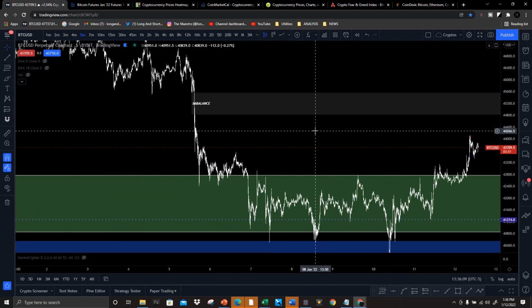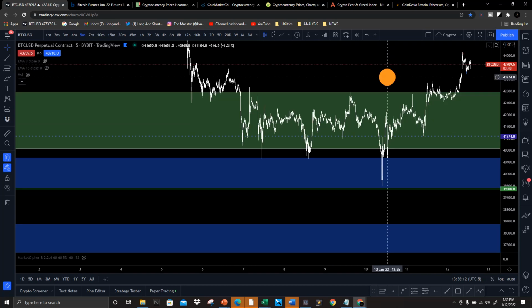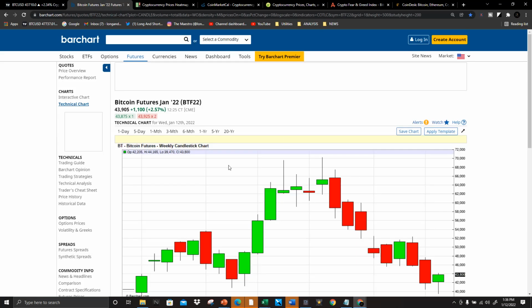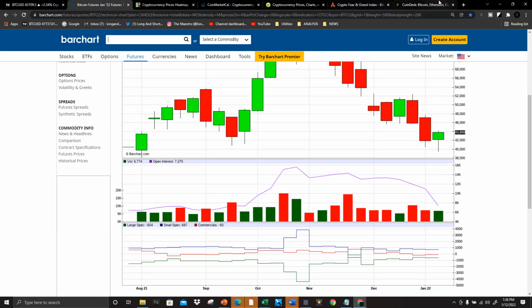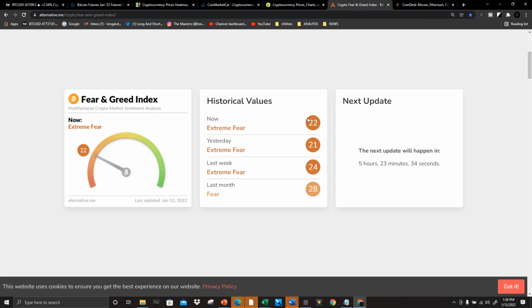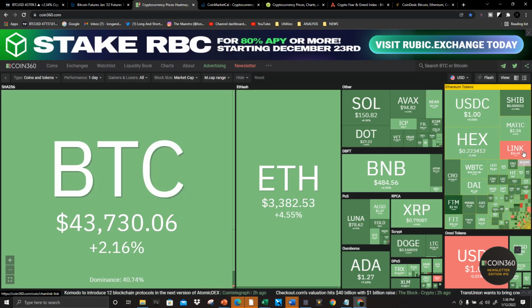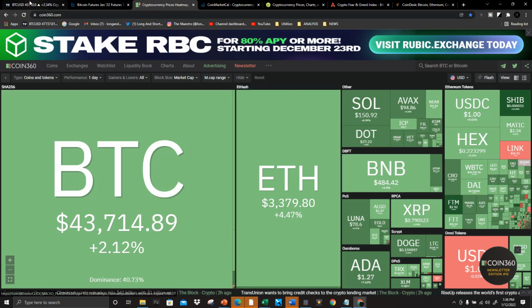I think that's going to cover it for today. Once again, we did see our methods prove true. The liquidity is grabbed from the lower side here. Boom. Once that happens, price has the right to reverse. Open interest is down, which means that we should be bullish. Lots of news, bullish. Fear and greed index at 22, which is bullish. Heat map looking like a sea of green, again, bullish. And Chainlink is down, which also gives me an indicator that the rest of these coins should pump, because as everything else was falling, Chainlink was pretty much the only thing moving. So some of that liquidity may be coming out of Chainlink into other coins today.